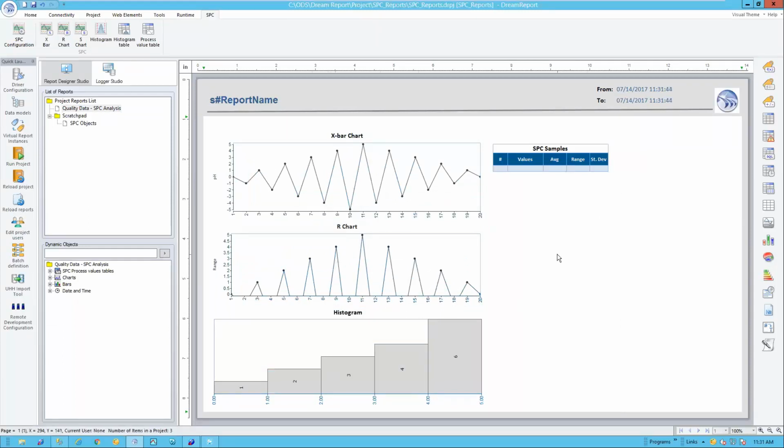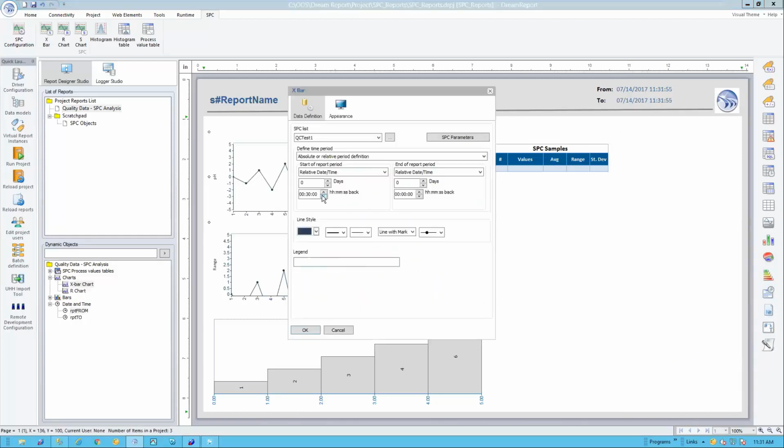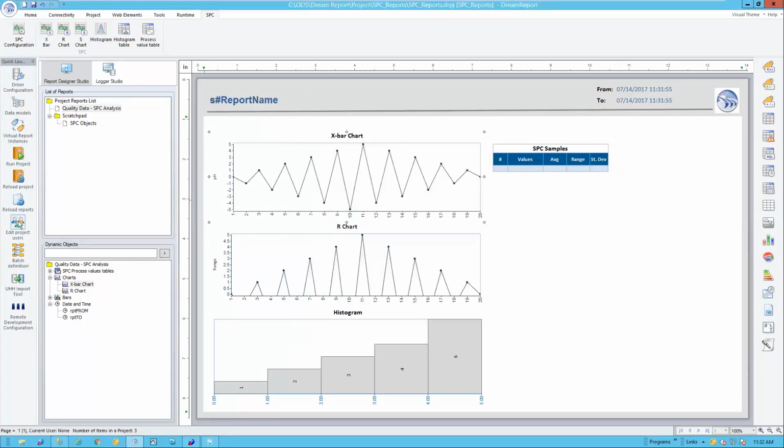I have the same SPC samples. What I did want to show here is I put 2 single data objects, which are our date and time objects, to show me the time range. So I've said always show, what did we set this up for? 30 minutes back from now, so it's a moving window of now back 30 minutes. So if I were to reload this report now